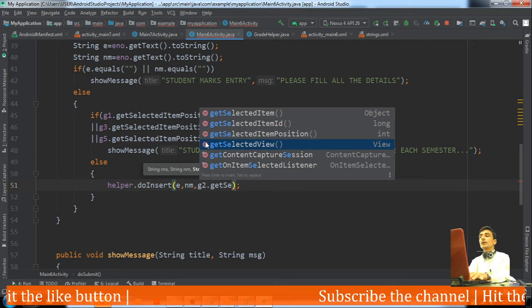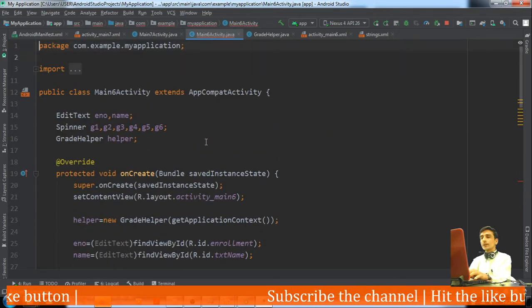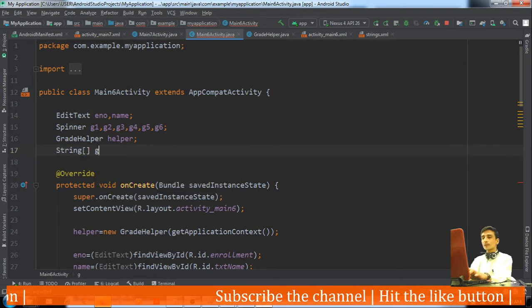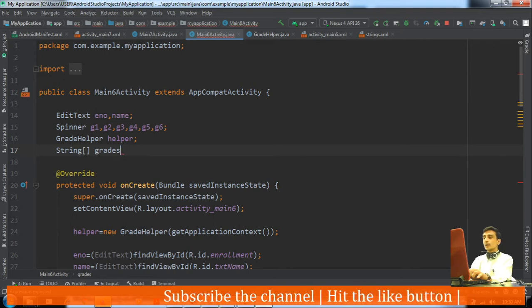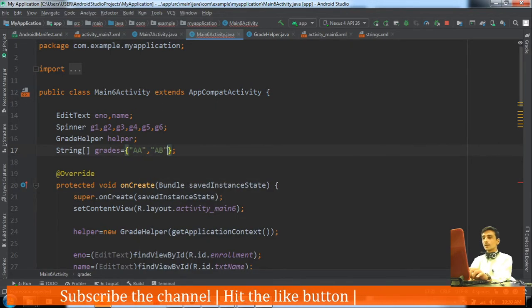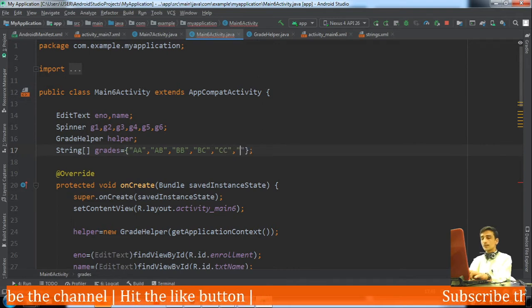If we have the position, we can define an array here, String grades equal to AA, AB, then BB, then BC, then CC and FF.